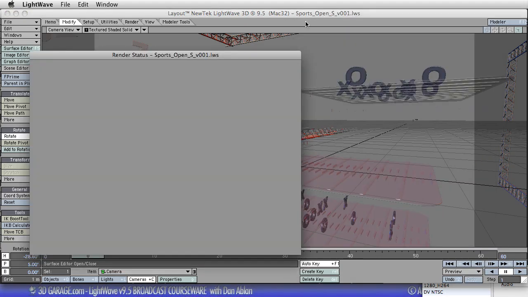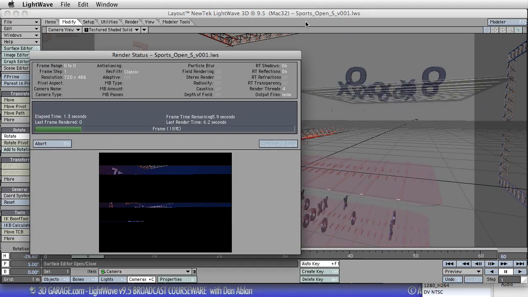F9 to render the current frame, which is 0. We've got our colors in the background. We've got some blur. We added some glass to the football field. Got a red light, a blue light, a big white light in front, which I might actually turn up just a bit. But the way we're going to get even some more dynamic look in the scene is to actually